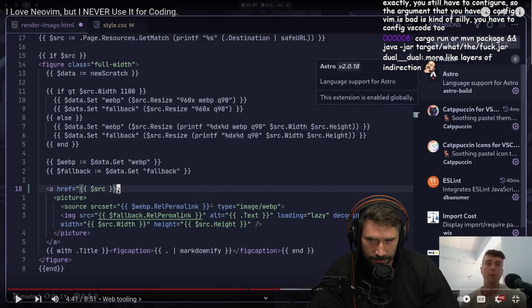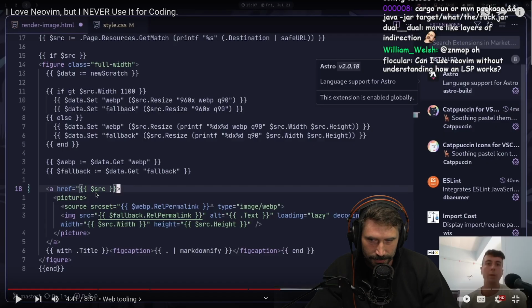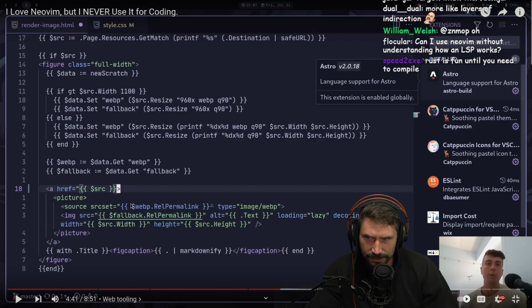He forgot his other little double quotes right here. Do you see that? That's why his tree sitter's all goofed up. You looking at this? Or it's not tree sitter, sorry. VS Code doesn't use tree sitter. They use regexes. That's why this thing keeps on matching all the way through.